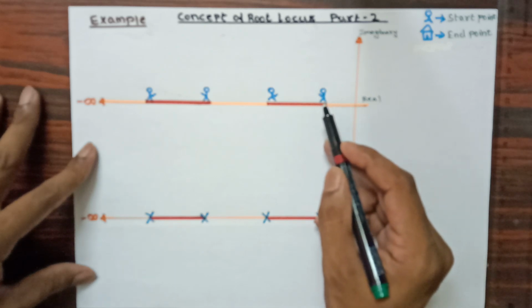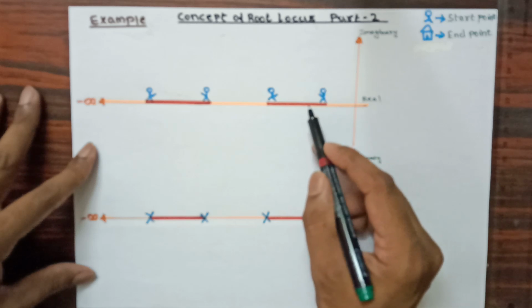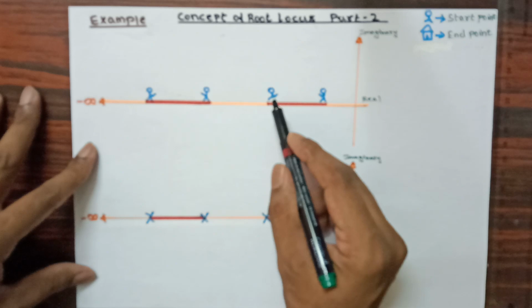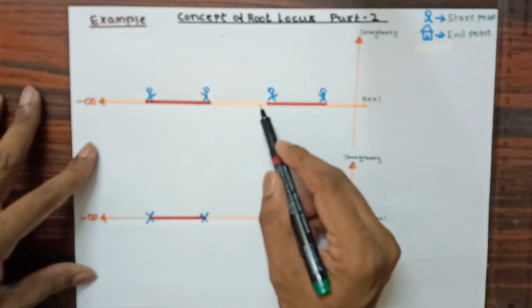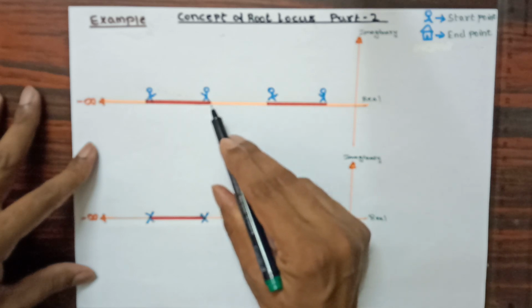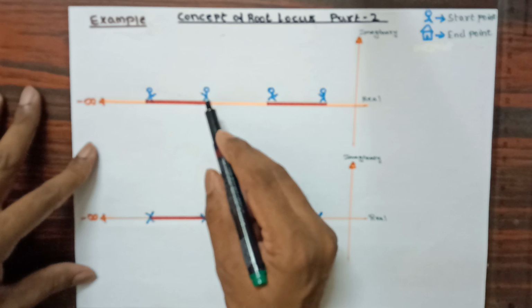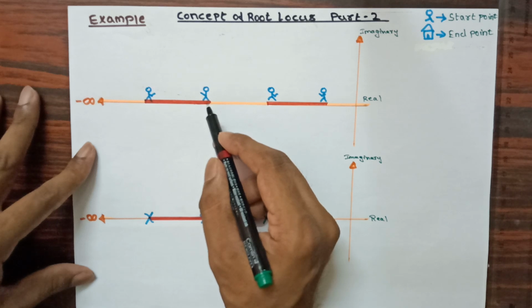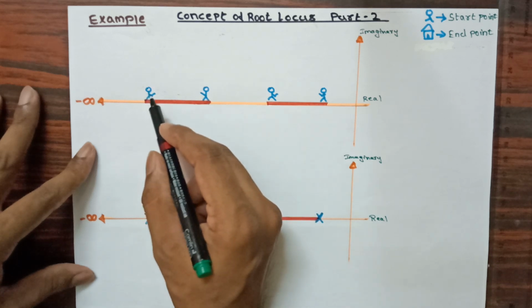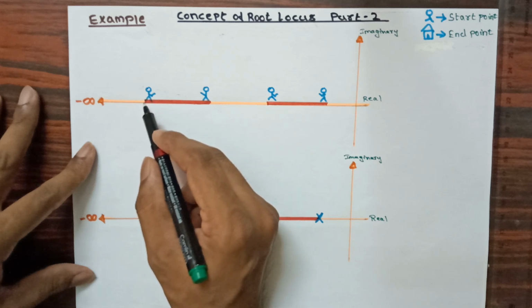Now from this point onwards, we have considered 1 person. Now 1 is an odd count, so I start providing the path till the next count. Here the count becomes 2, which is even. Again, from an even count, we are not providing any path till the next count. At this point we get the count 3, which is an odd count, so we continue to provide the path till the next count. Now here the count becomes 4. Now 4 is an even count, and for an even count we are not providing any path.